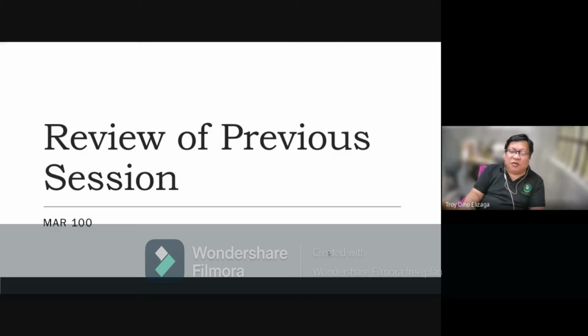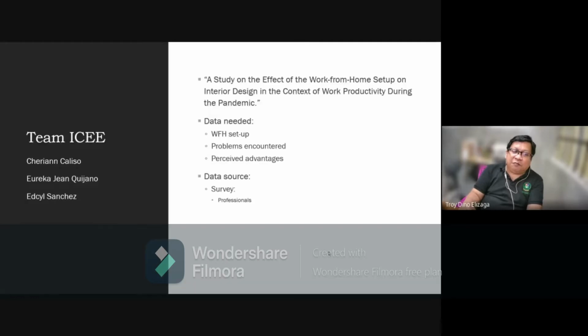So I will just go through each. I will review what I can remember for each group on what data they're supposed to gather. And then, because the next thing that you're going to do, I'm going to give a new assignment after this, no? What's happening here actually is that we made a shortcut. The time is just not long enough for us to go through the usual process,